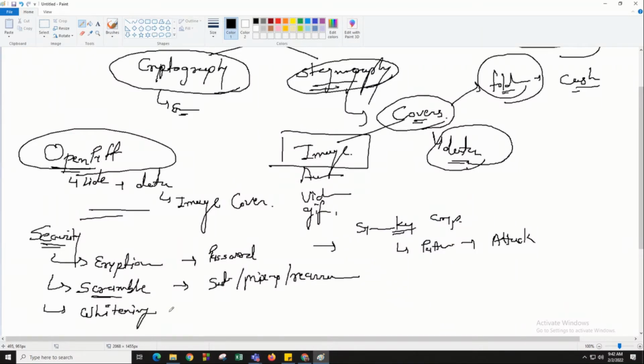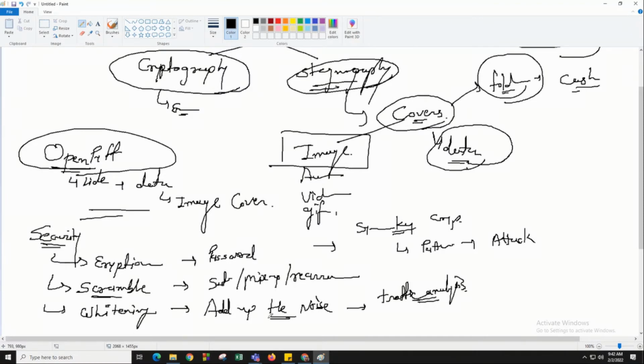So what is the whitening process? Basically, whitening means it will add noise. Because we know that in symmetric key cryptography, we have different types of attack, like traffic analysis, right? To avoid such attacks, it adds some noise content.